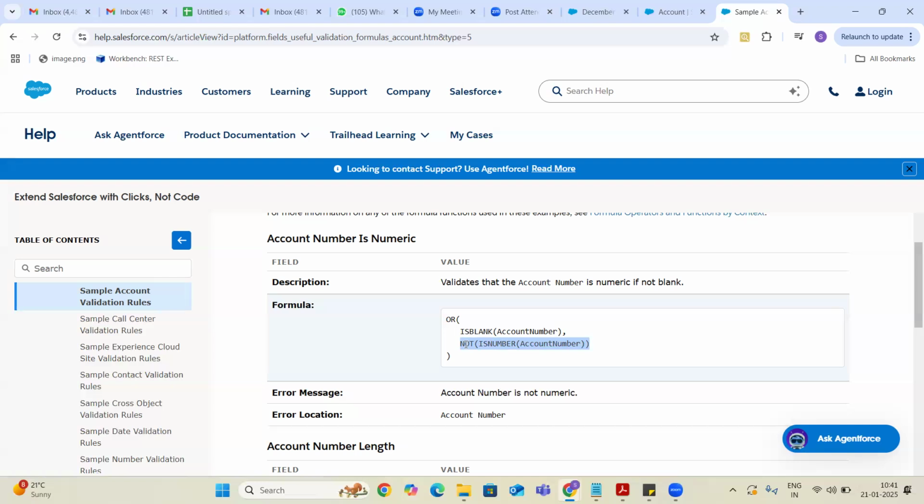So if you give the number, this condition will become false, and when this condition is false, it will not fire the validation rule. In case the given value is not a number, this condition will become true, and then it will fire the validation rule. To understand how OR works, how NOT works, how is blank works, this is one of the best and easiest examples, guys.